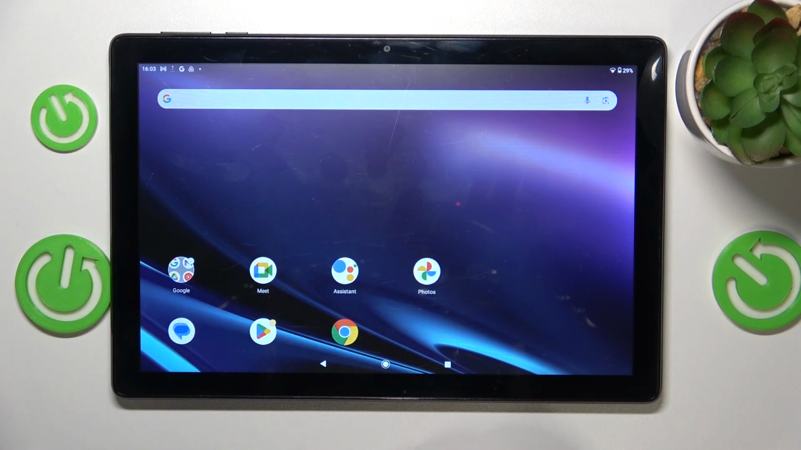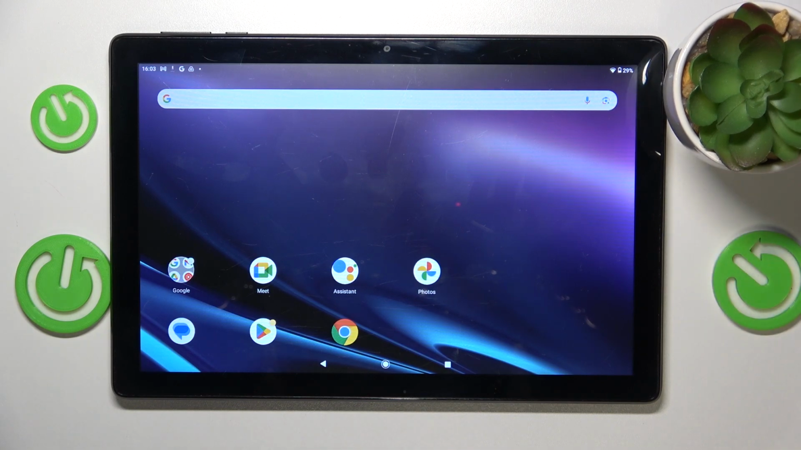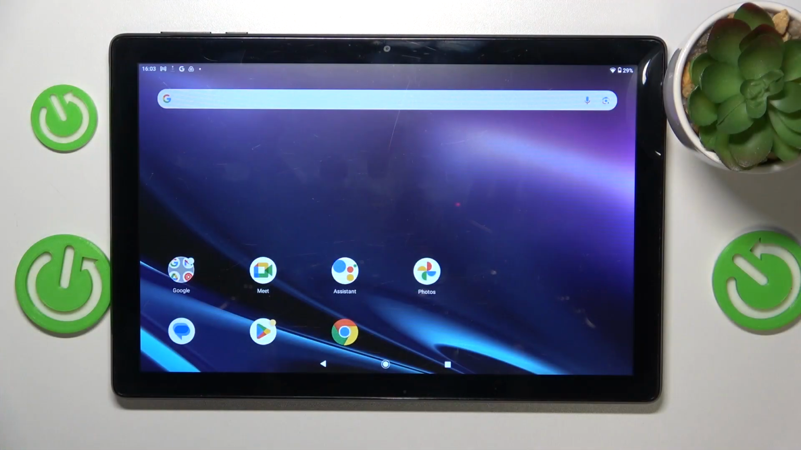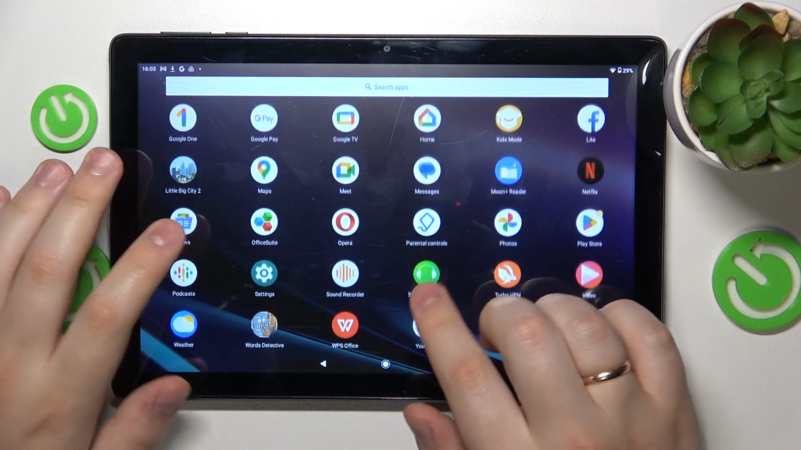This is ALCATEL 1T10 Smart, and today I would like to show how you can clear app cache and data on this device. So to start, you will need to launch Settings,